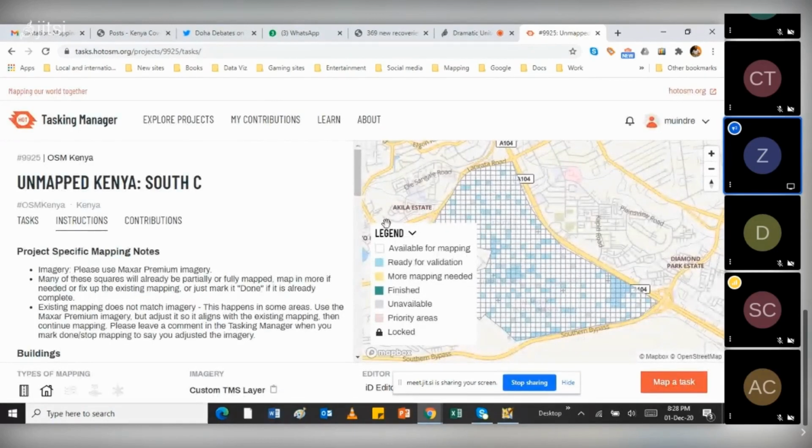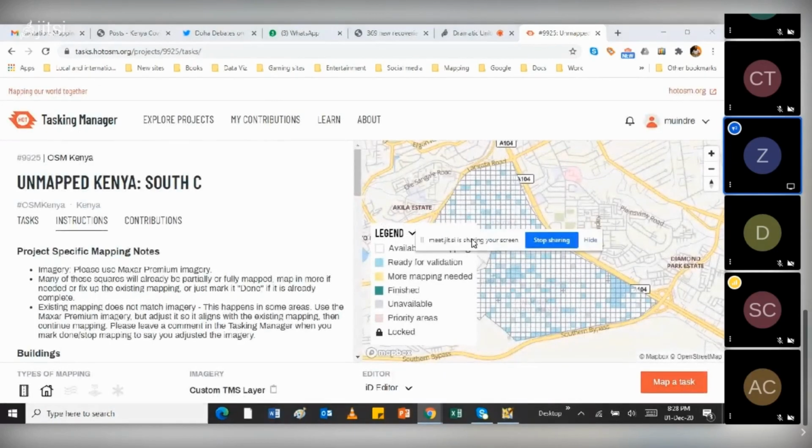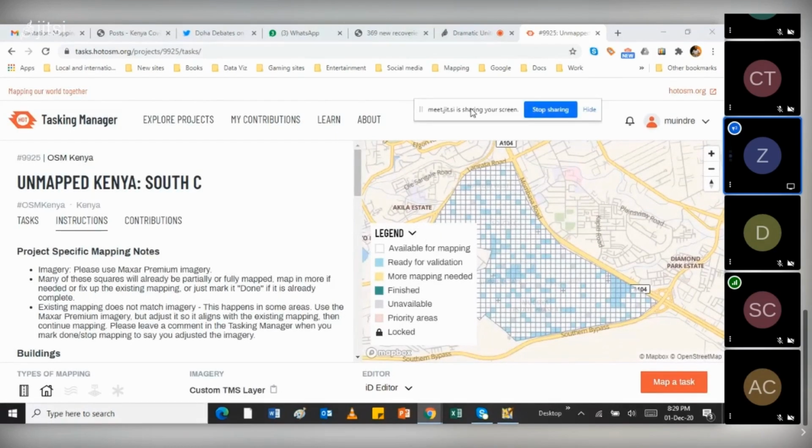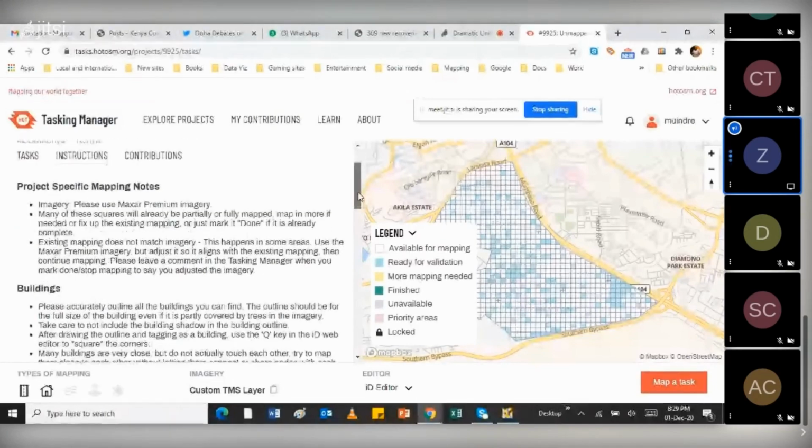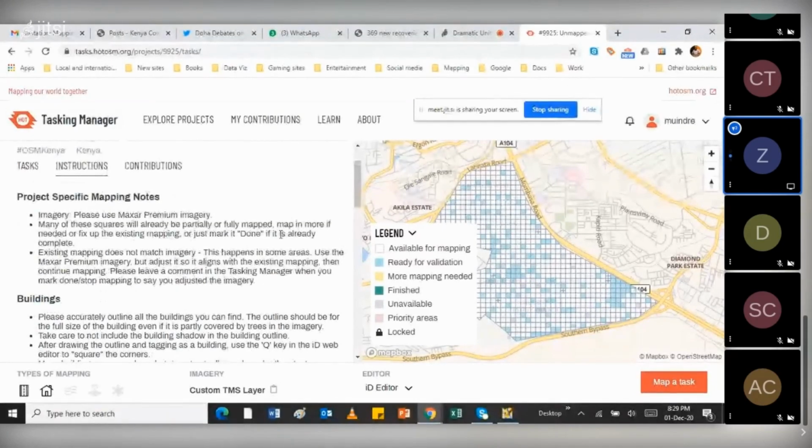Okay, move this up here. I've already signed in and I'm already on the task. Please remember the instructions are already here, so it's always good to go through the instructions.